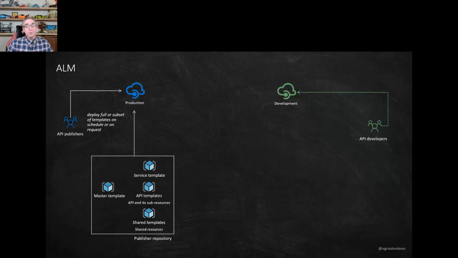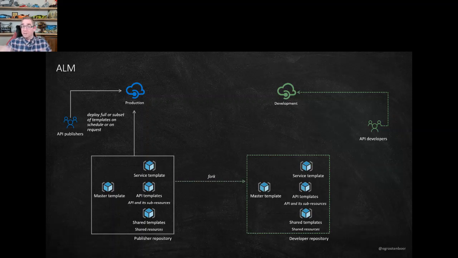And so what we do is create some different templates. So you have your service template, which is basically your instance, the instance itself. They have API templates, so your APIs, your operations, maybe your products, things like that. They have some shared templates, for example, for your logging or things like that. And then you have a master template, so that you can either do one template deployment at once, or just orchestrate all of those different templates if you, for example, want to set up a new environment.